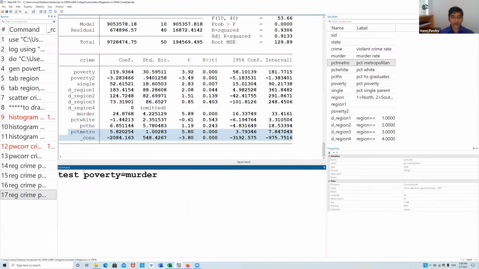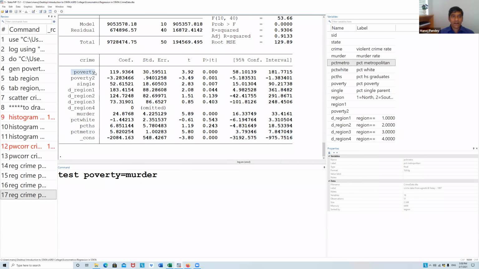So test poverty is equal to murder, means poverty is beta 1. Like if you are good in visualizing with the mathematical, like y equal to beta 0 plus beta 1 x1 plus beta 2 x2, here the coefficient of poverty is beta 1 is equal to murder, which is 1 2 3 4 5 6 7. So basically beta 1 is equal to beta 7.